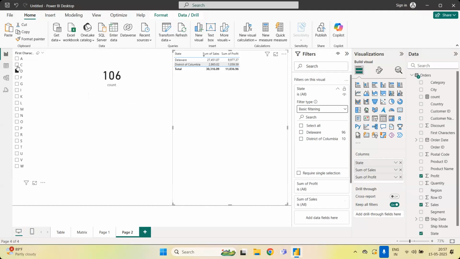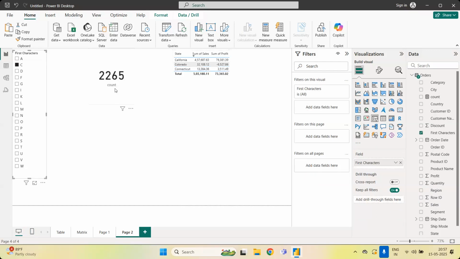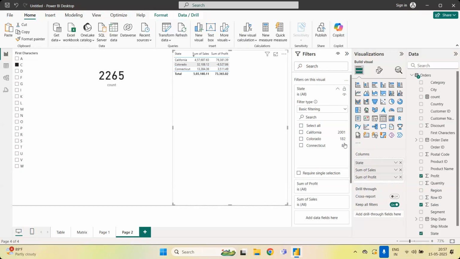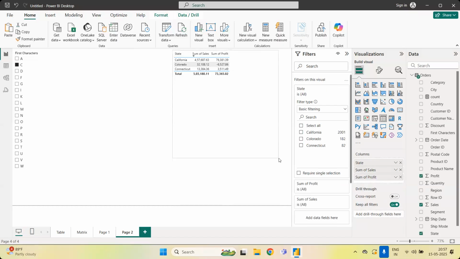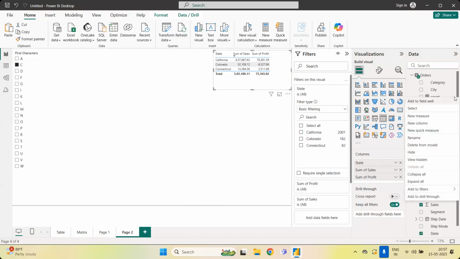Now if I select the C, why it is showing 2265 is because here in the C, 2001, 182, 82. Total, if you add, you are having 2265 number of records it is showing. Okay. Now I don't want the number of records. I want it with respect to the number of states. Like this, we have to select. For selecting this one, here I want to show the count of number of characters. So for showing the count of number of characters,